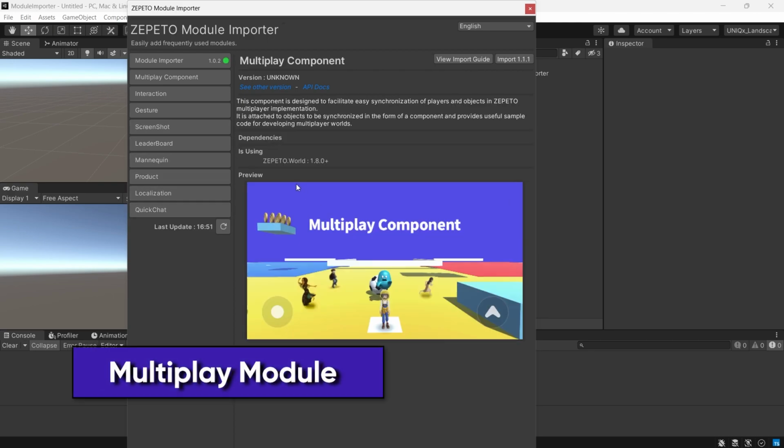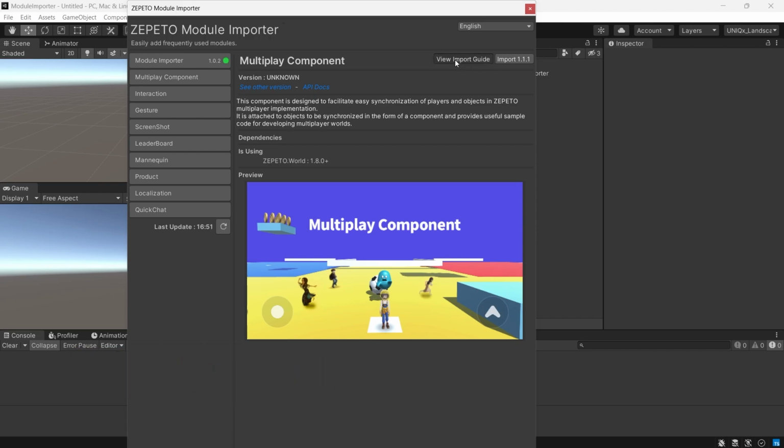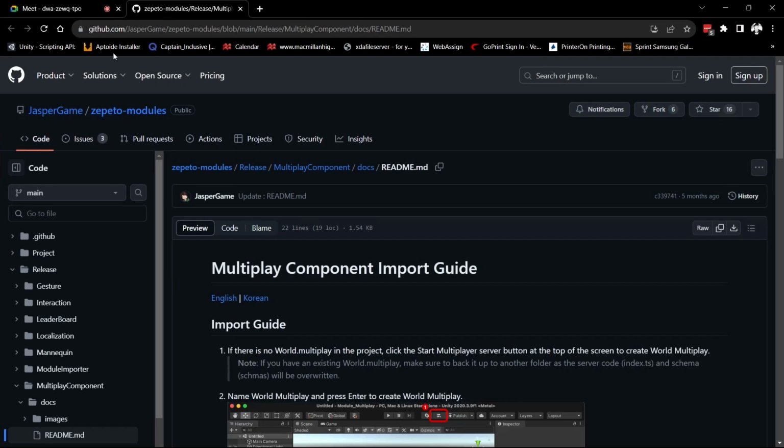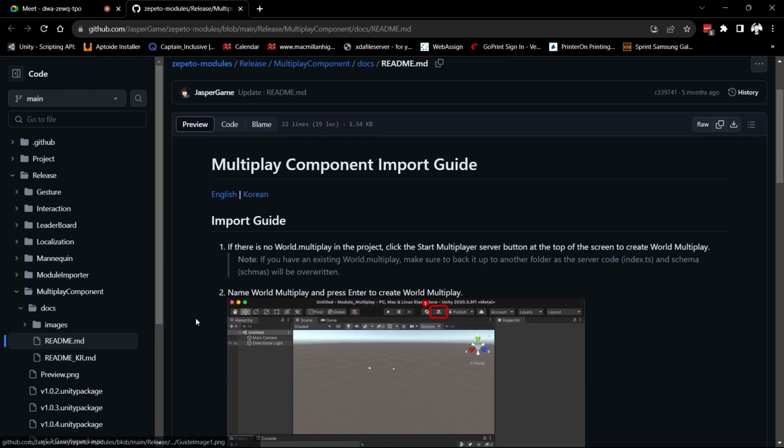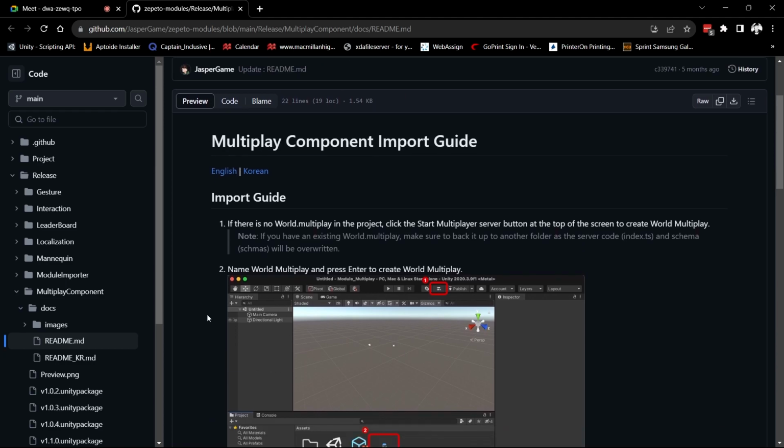Let's begin by taking a look at the Multiplay component. When first exploring any module, it's important to look through the documentation to ensure that you understand how it works. In the case of our Multiplay component, this will allow us to sync the positions, rotations, and scales of the